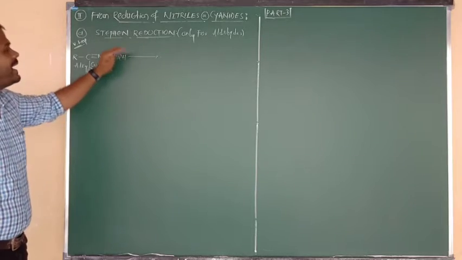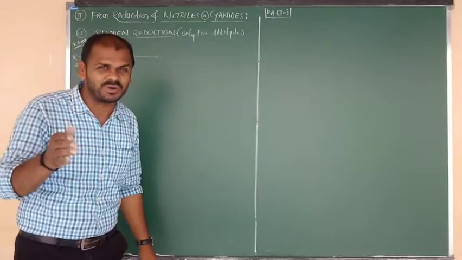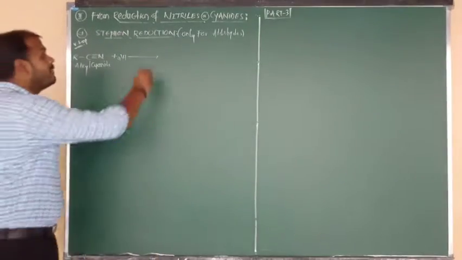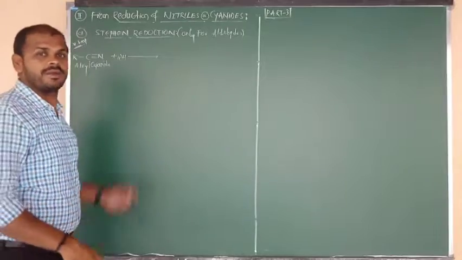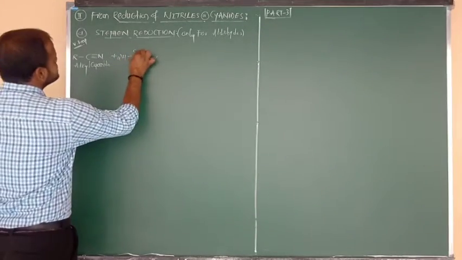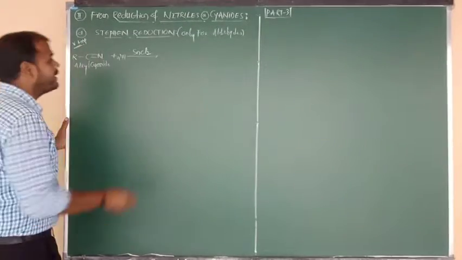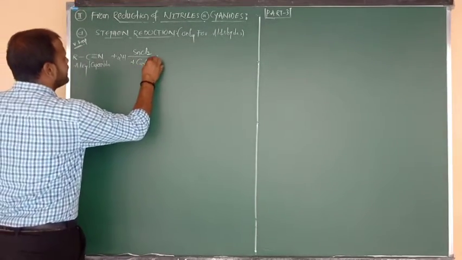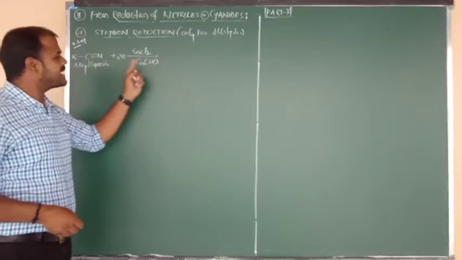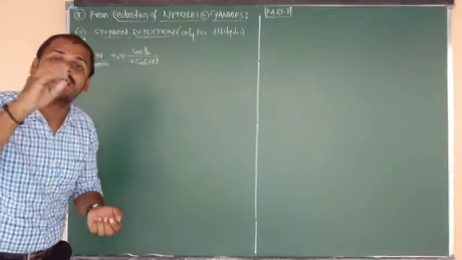So for that purpose, in this reaction we have to use the Stephen reducing agent. Yesterday I told you what the Rosenmund reducing agent is: palladium plus barium sulfate. Here also, we have to write a specific reducing agent which was given by Stephen. So the Stephen reducing agent is SnCl2, meaning stannous chloride, plus concentrated HCl, meaning hydrochloric acid. So a mixture of stannous chloride plus concentrated hydrochloric acid is known as the Stephen reducing agent.